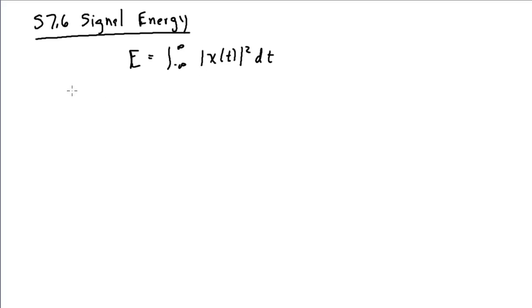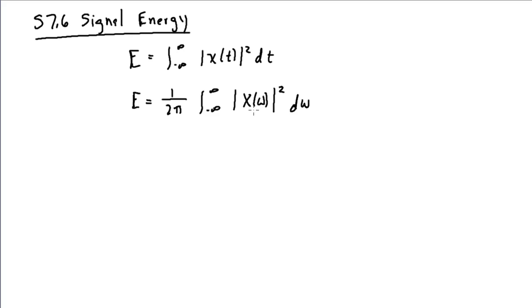You can show, and I'm not going to go through the proof, it's in the textbook, and this is Parseval's theorem, which we saw previously when we were discussing Laplace transforms, that we can also calculate the energy from the Fourier transform of x(t) by integrating over the square of the magnitude of X(ω). In this case, the absolute value is necessary in the frequency domain because in general X(ω) is a complex function, and the magnitude of that is an entirely real function. So this is Parseval's theorem for the